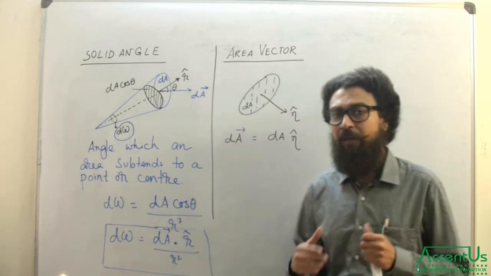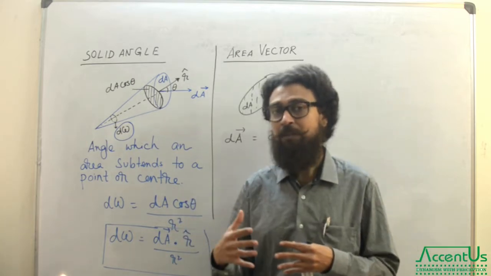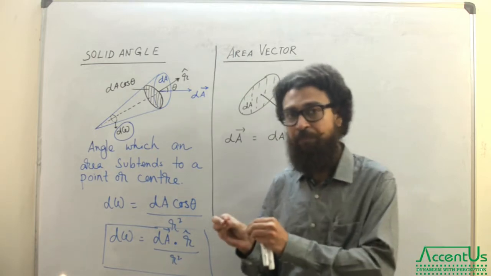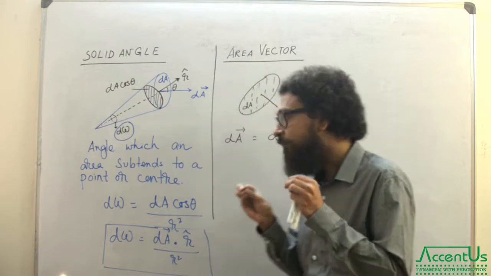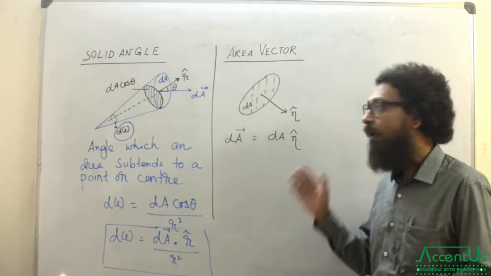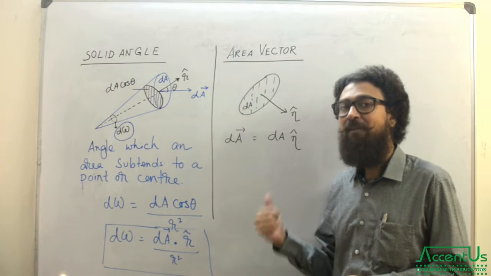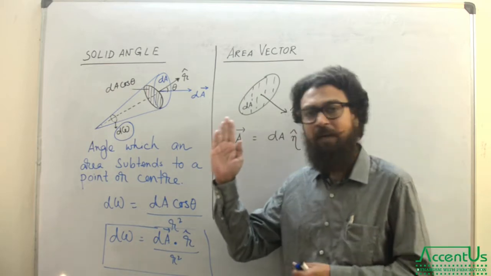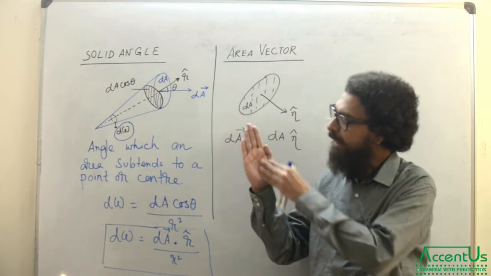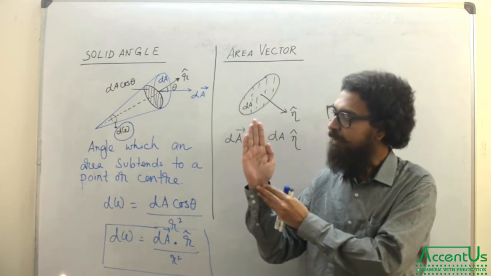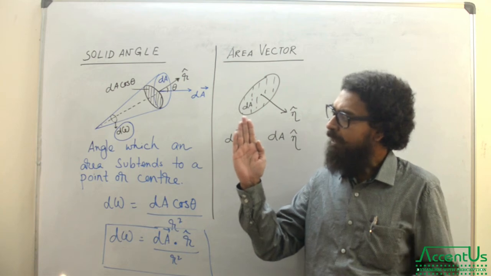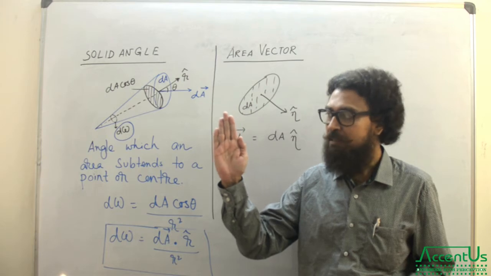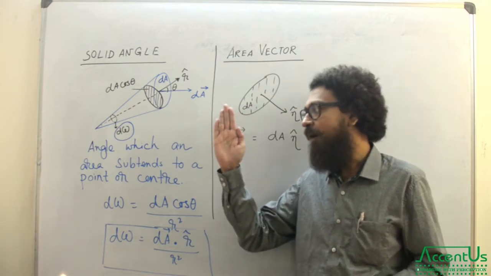But today, when we think about electrostatics, when we think about the concept of charges, we are now going into distribution of charge. For that purpose, we have to think of area as a vector quantity, not as a scalar. Now, why is it so? Suppose I have my palm here, right? If this is an area, then the way I am pointing it, the way I am showing it to you, this is an orientation, this is a particular position.